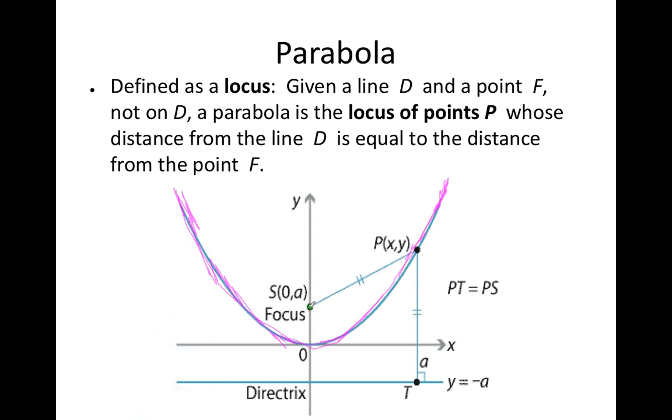Between a focus, which is a single point, it's the set of points that's equidistant to a focus and a line, a straight line here called the directrix. Okay, so this is what this diagram is showing here: any point, right? So if you take this point here on the graph that they're showing,